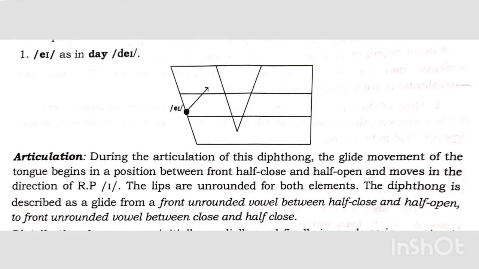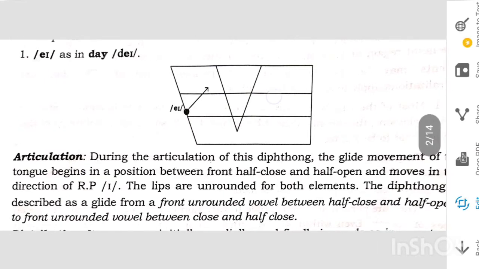Alright, so we have already seen that there are 8 diphthongs and we have already learned the diagram. So the diagram is almost there, registered in your mind, I suppose. Otherwise you have to, because we learnt all the pure vowels with the help of a diagram. So you should understand that this part is open, this part is half open, and this is half closed, and this is closed. Okay, so this one, last one, is open, this is half open, this is half closed, and this is closed.